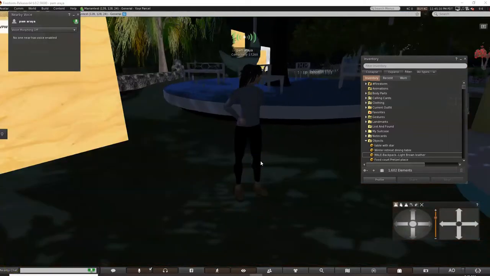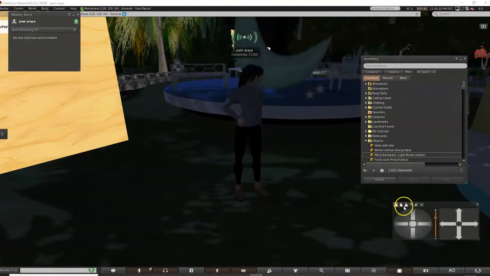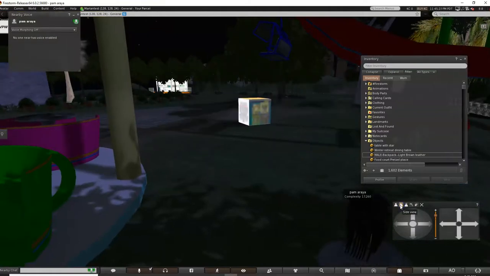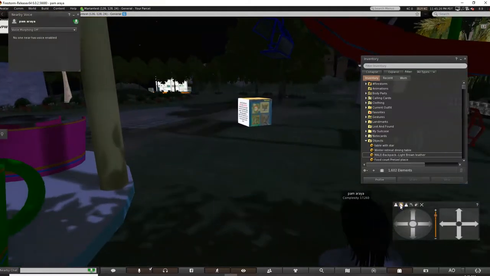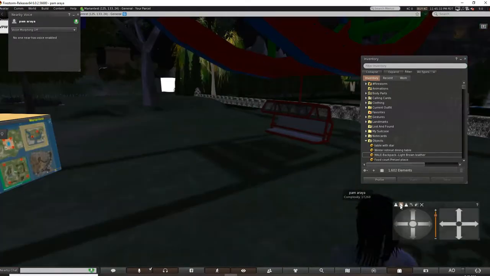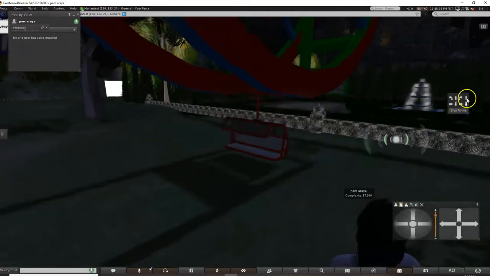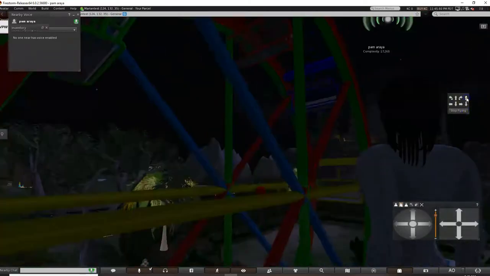Okay, I have landed on Mariantest, and I do believe that Mariantest is open to visitors. If you're interested, you can try to teleport here even from the Welcome Center. You can come straight here. I'm just going to fly to show you more quickly what we have available here.